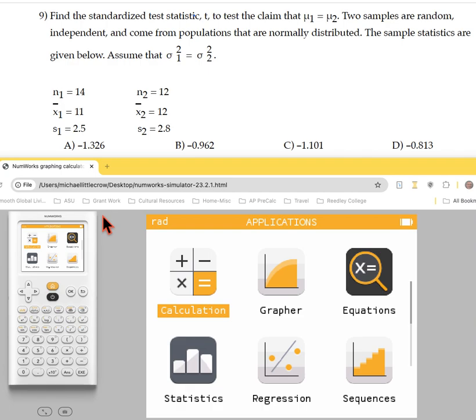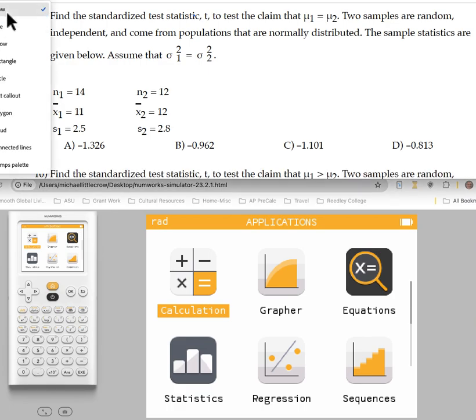Exam 3 review. We are asked to find the standardized t statistic. Okay, set up here. Asking to test the claim about two means that are equal to each other, so two samples, random and independent,